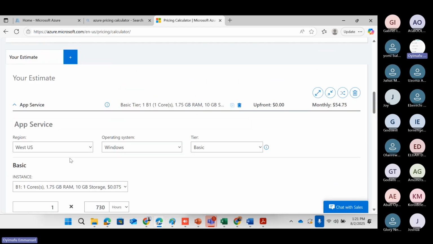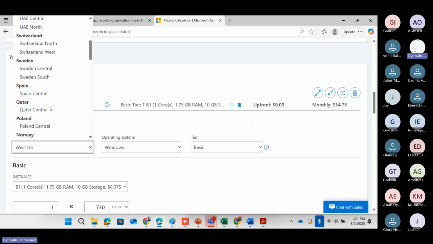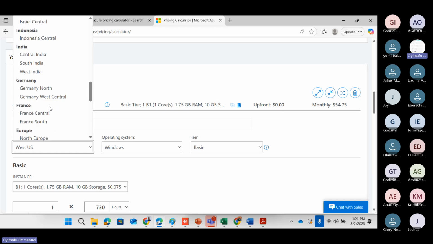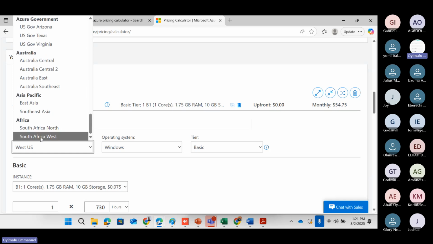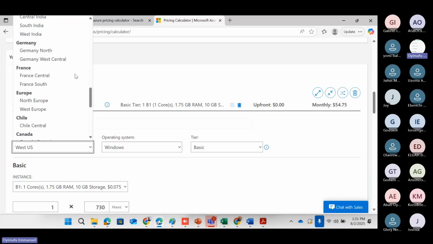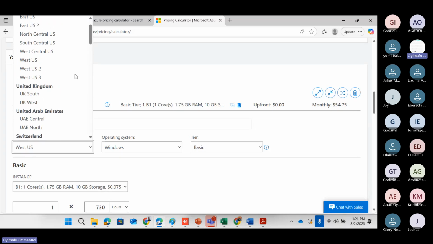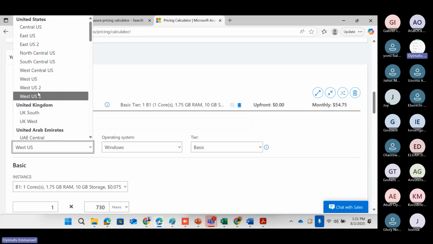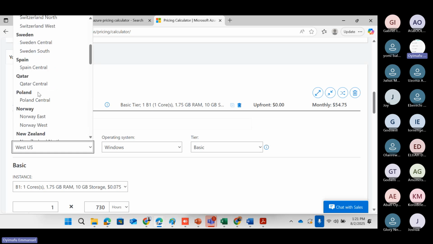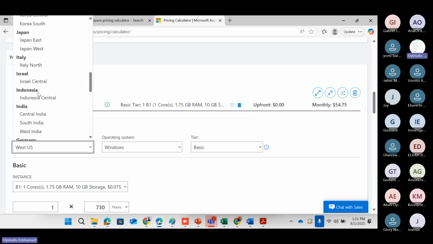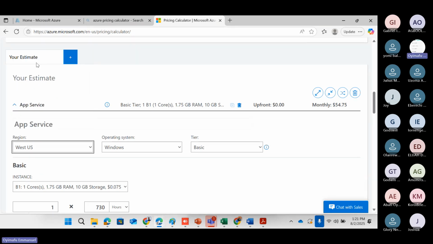So firstly, I'll check the region. You can select any region that is close to you. Region impacts cost also. South Africa is here, but most times I prefer creating my resources in West Europe. So I'll just select West Europe. Then